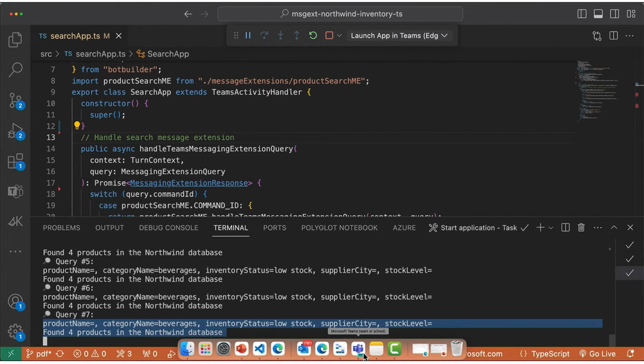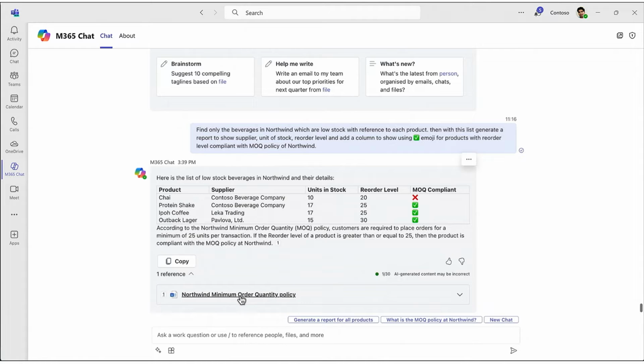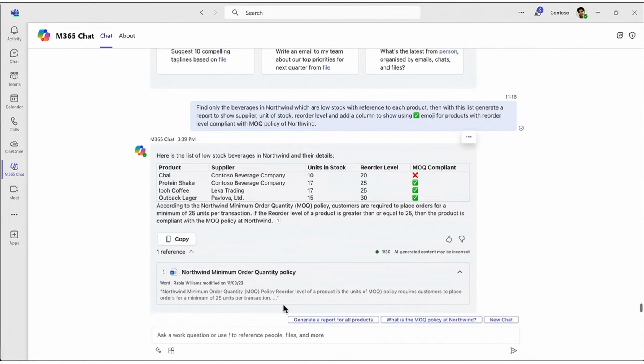Now, let's revisit the second part of the prompt, which involves compliance. So Copilot has successfully located the relevant document, summarized the document for me, and you can see here it added the reference to the document, and you can go ahead and click that and verify, and it's even got a little blurb for me to read through the document. So in a way, what it does is it takes your business data from the plugin, and then it searches files, emails, et cetera, and then it all comes together and gives you the right information so that you could make better business decisions and get work done faster.